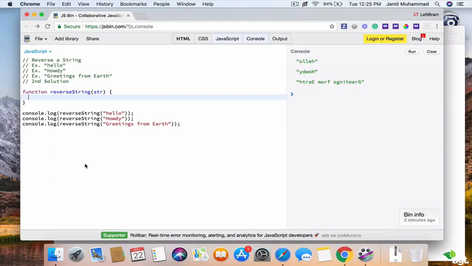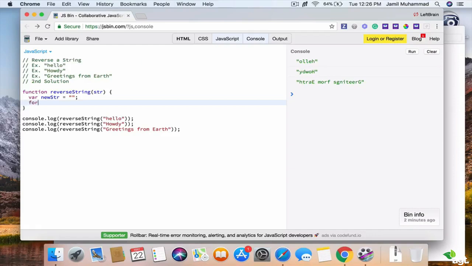Now for the second solution for reversing a string, I want you to create a variable called new string, set that equal to an empty string, and then a for loop: var i initialized to string dot length minus 1, so initialize to the length of the string minus 1, and then i is going to be greater than or equal to 0, and then i will be decremented by 1,